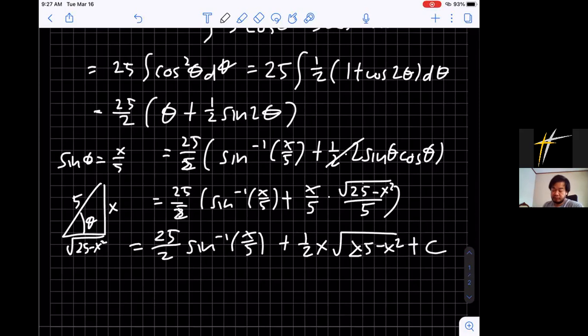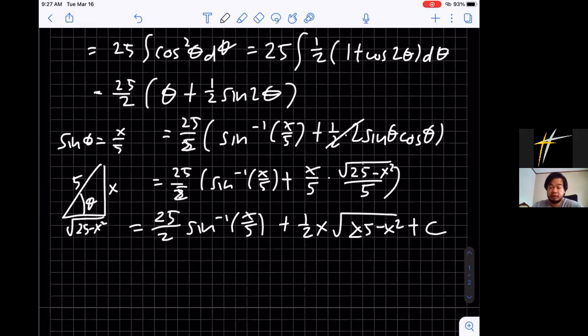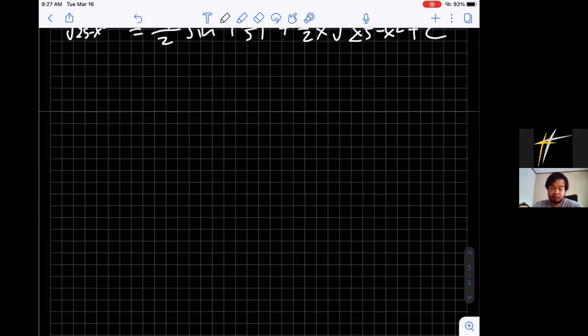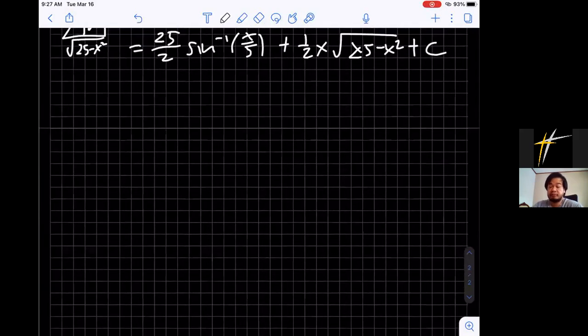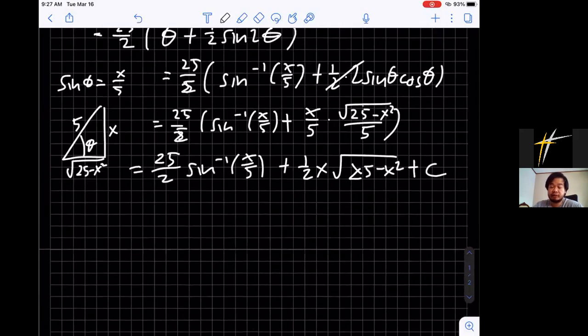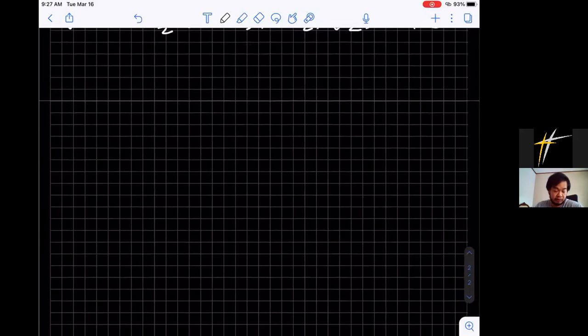Yeah. Now let me give you one more example. You can look at example 2 by yourself. It's pretty simple, so I'm not going to discuss example 2. But I want to discuss example 1 right now. So please look at example 2 by yourself and try to understand it. The first example is using sine. The second example that I'm going to give you today is using secant. The problem is example 1 from your book.